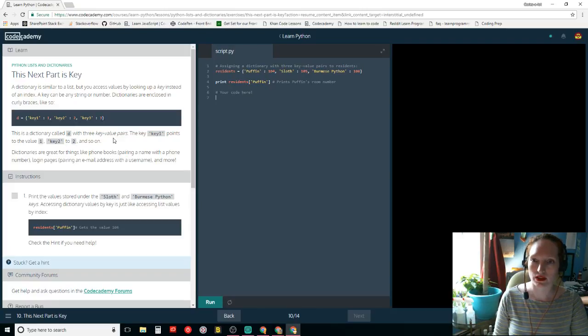And that's the value. Okay. So print residence. I wonder if it's case sensitive. You know what? I'll leave it lowercase so we can find out. Python.